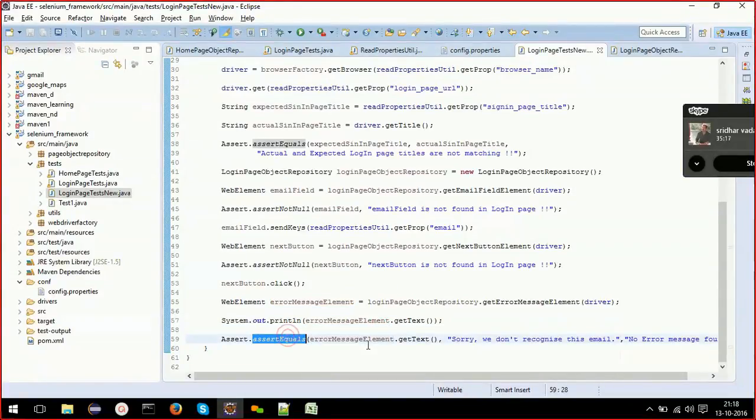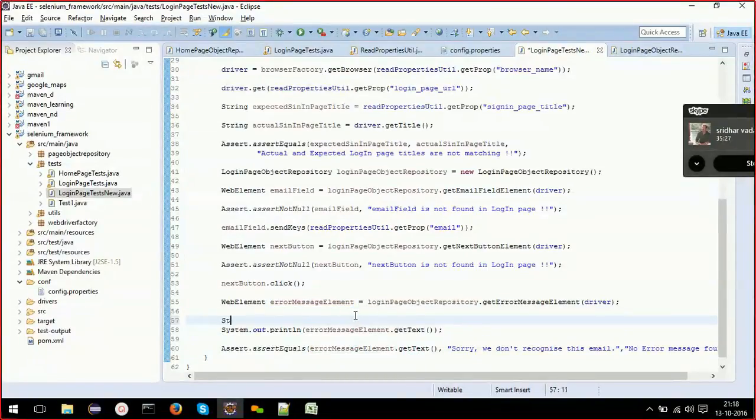Then I need to do this assert equals error message element dot get text. So I'll create a new string actual.